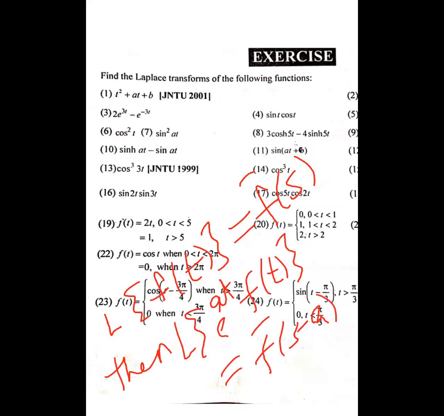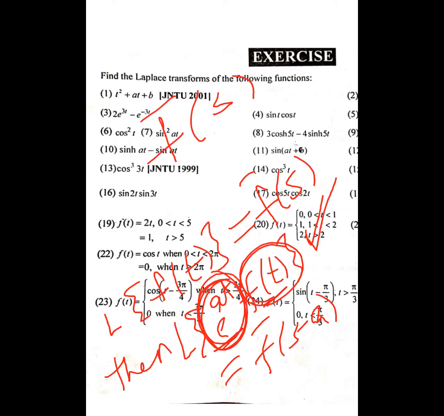In the last topic, there are no two functions of t in multiplication, so it is not possible to apply the linearity property to two functions in multiplication. But here one function is fixed. So e power at is on the left and the remaining function is f of t on the right. That is possible in the first shifting. First we apply L of f of t, then get the answer f bar of s. Now replacing s by s minus a, that is the formula of the first shifting theorem.